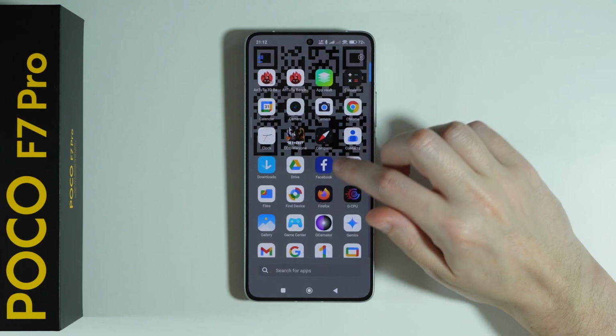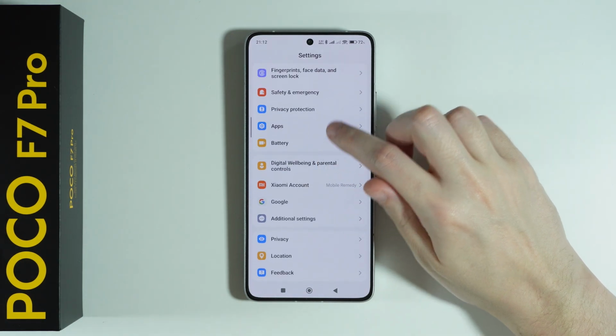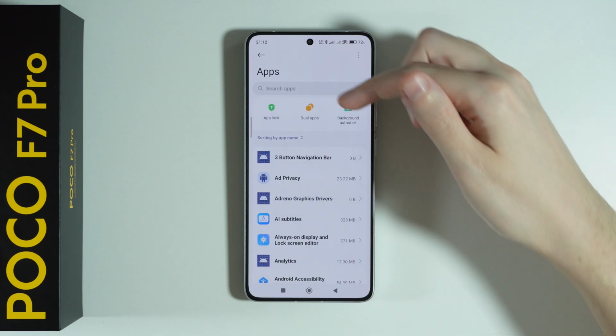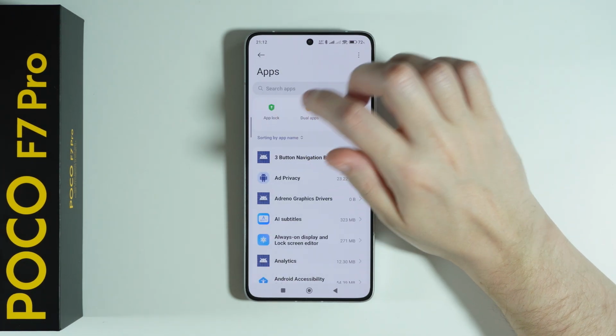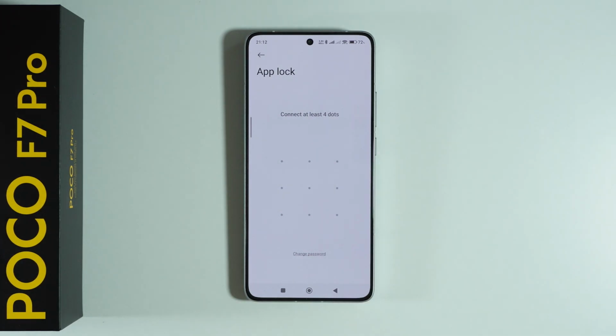First, we're gonna go to settings. In the settings, scroll down and choose apps. And then over here we have the app lock. So let's select it, turn on the app lock, and then we can set up the password in case you